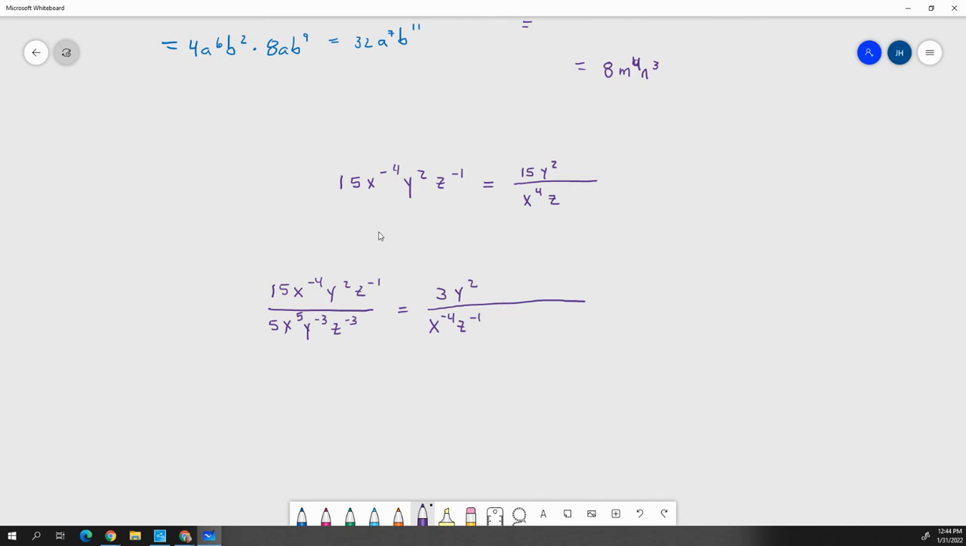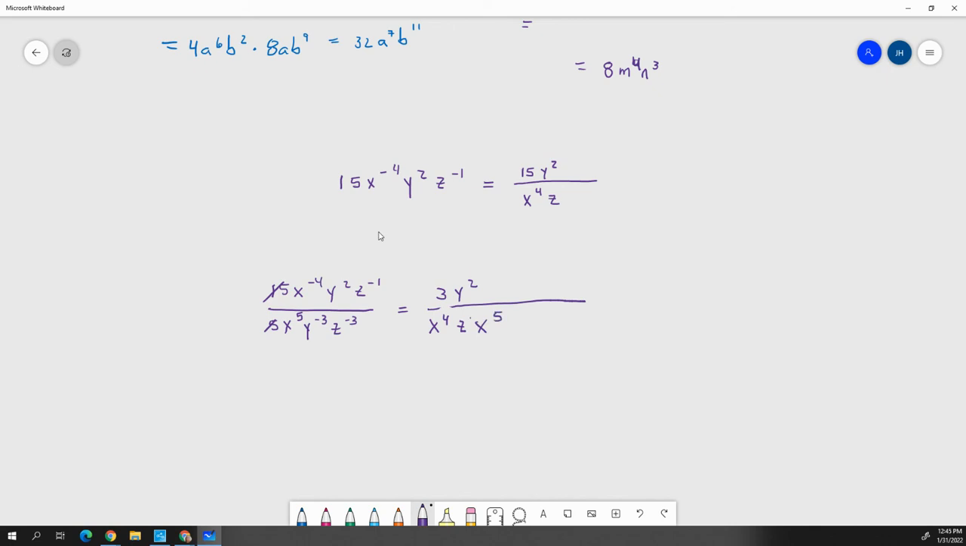And so now I've got to keep what's left, right? We already got rid of that. We made it a 3, but I still have that. Sorry. When it comes down below, it becomes positive, right? So when I bring that x to the negative 4 down, it becomes positive 4. When I bring that z to the negative 1 down, it just becomes z. But now we still have all of this. We have